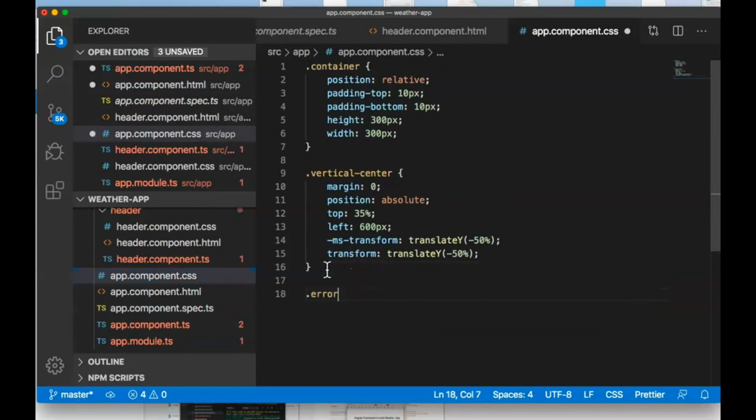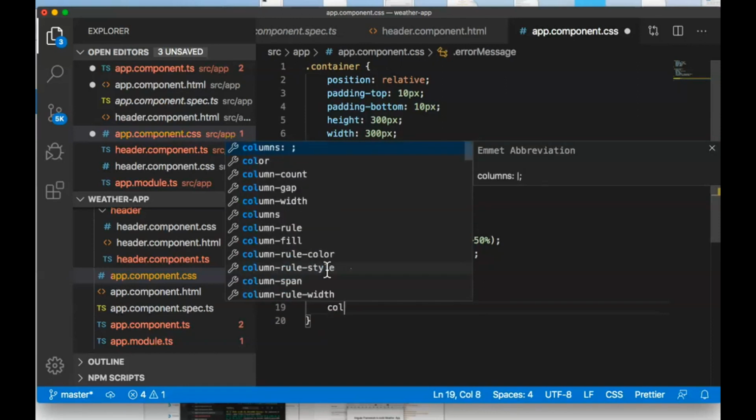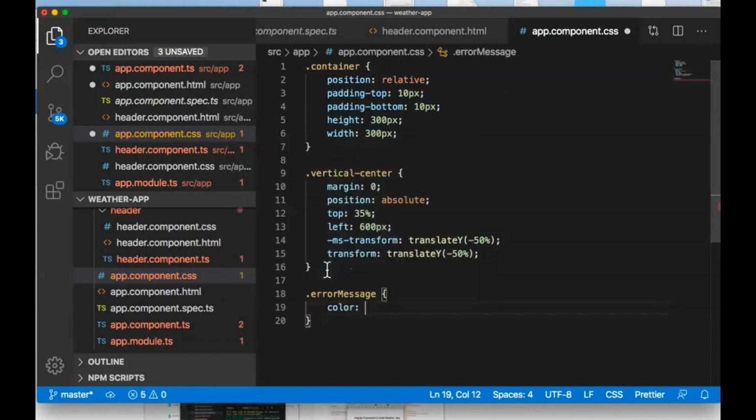So I can say error message. I think that's what I called it. I can go and check. I can have the color first as red, right? Because you want to say, hey, it's danger, something is wrong. So that and image,